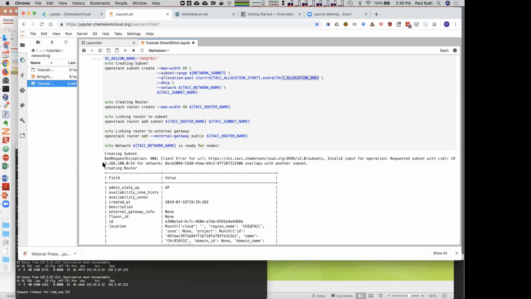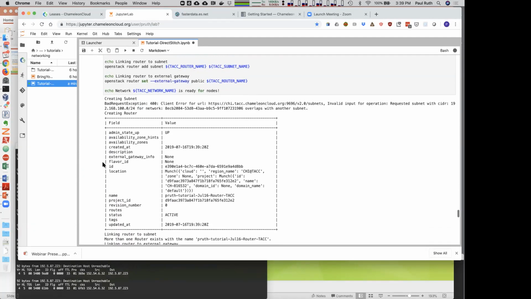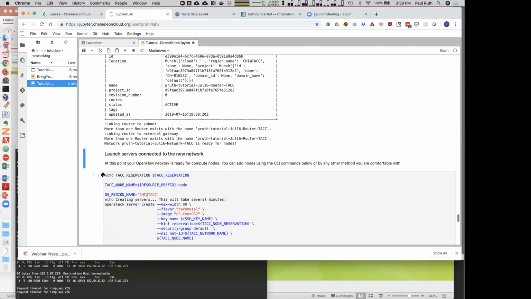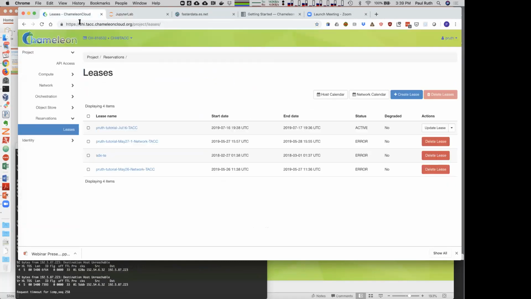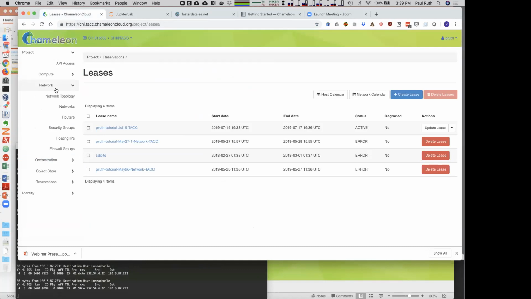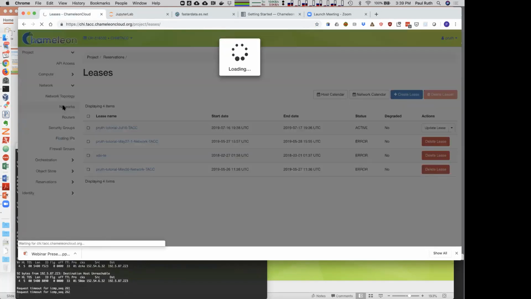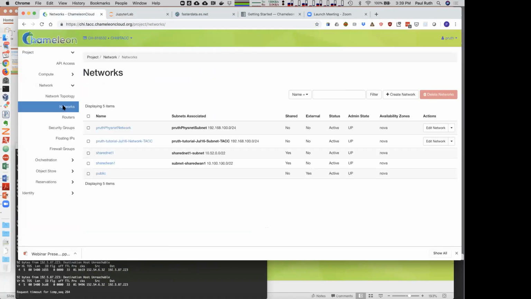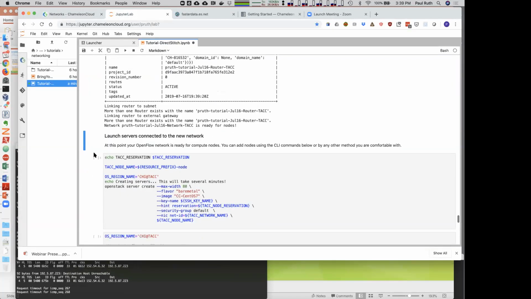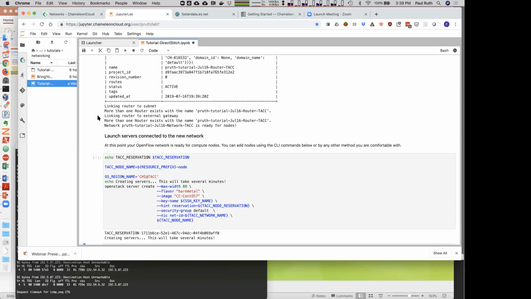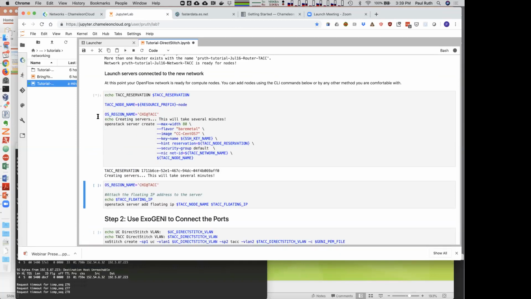Oops, I just hit to rerun the same one, but that's okay. It's not going to work, but I just reran that cell, and that's probably not a good thing. Let's see what happened here. It looks fine. Okay, so basically it's just going to error, but that's fine. Okay, now I'm going to run to create the server at TACC connected to this new network that I just created. And as soon as we see that it's booting correctly,